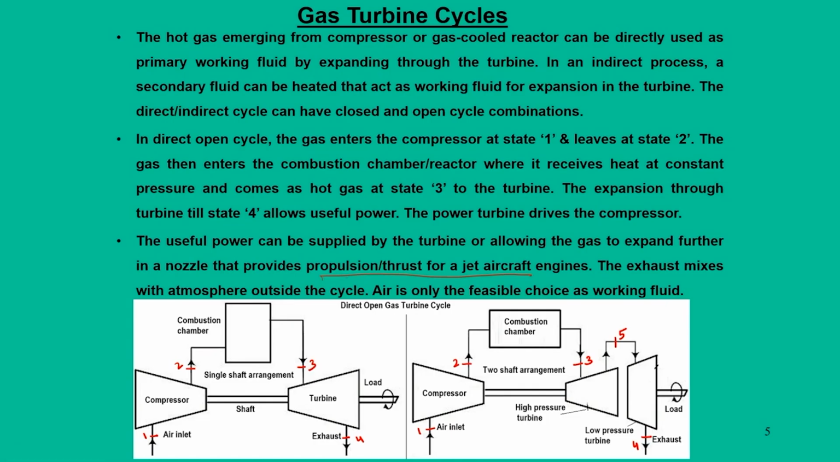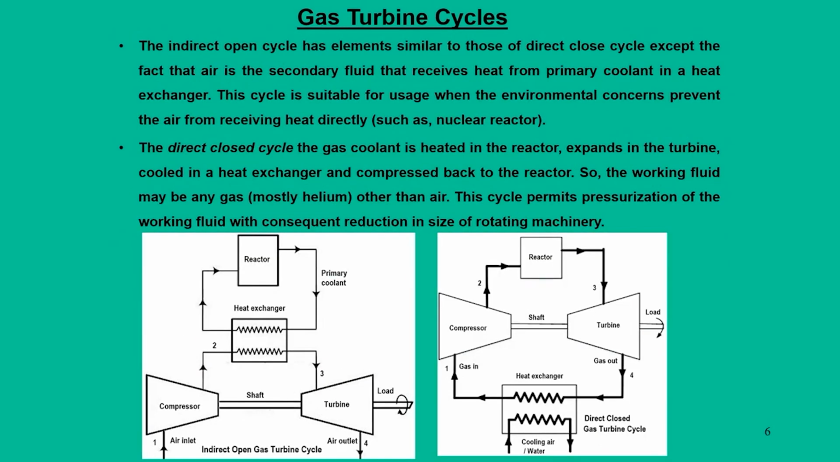Now, this is about direct open gas turbine cycles. Another thermal circuit possibility is the indirect open gas turbine cycle. The word indirect is used because here we do not have a combustion chamber, rather we have a heat exchanger. Normally these are used when the gas turbine technology is used in the